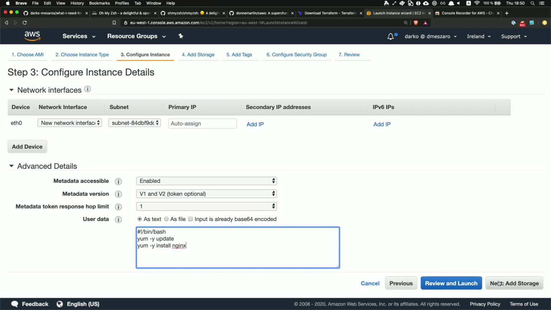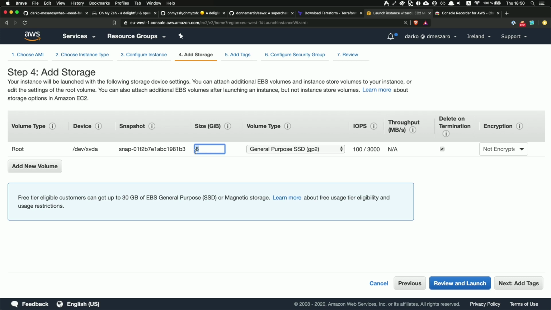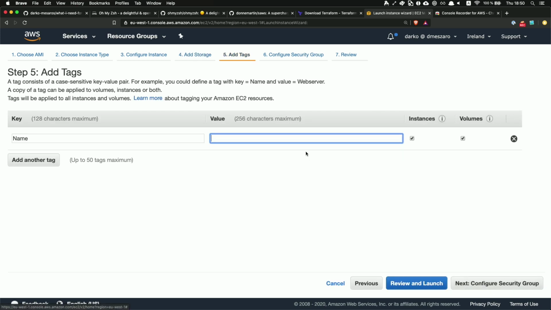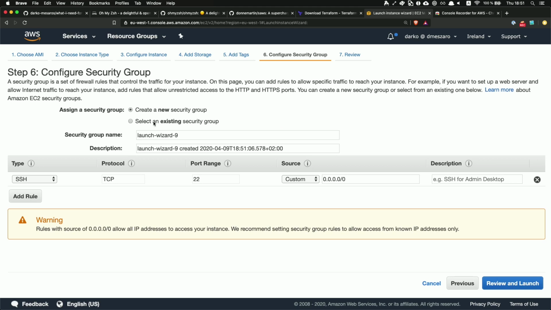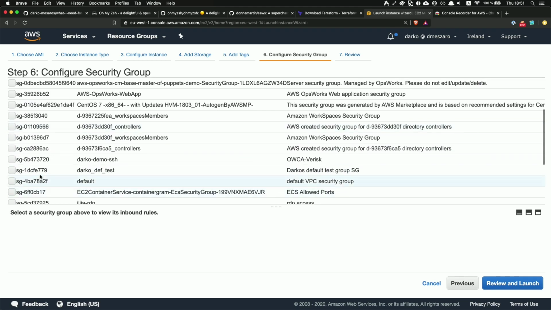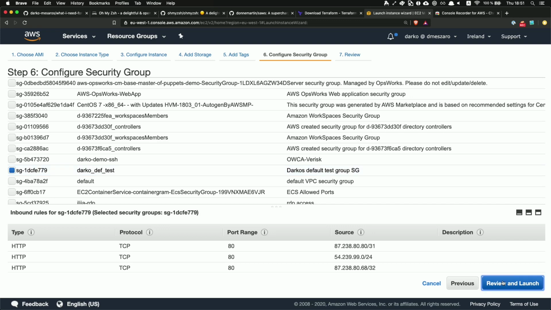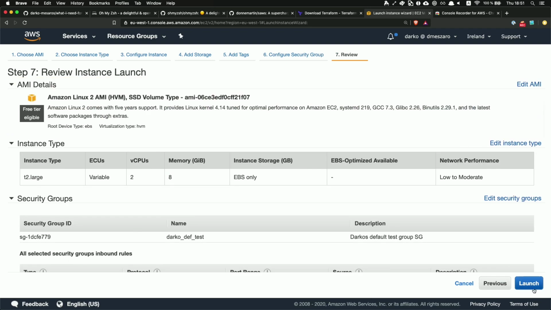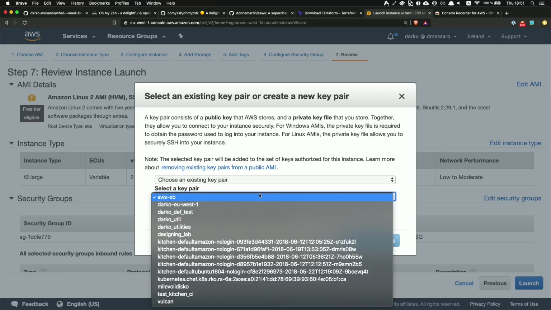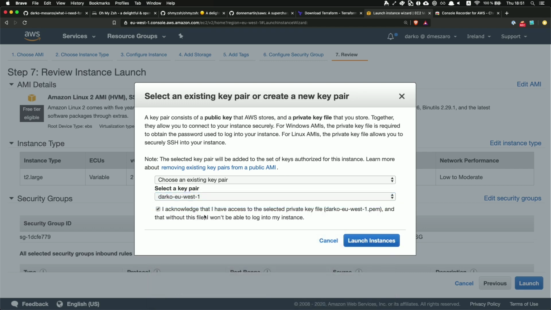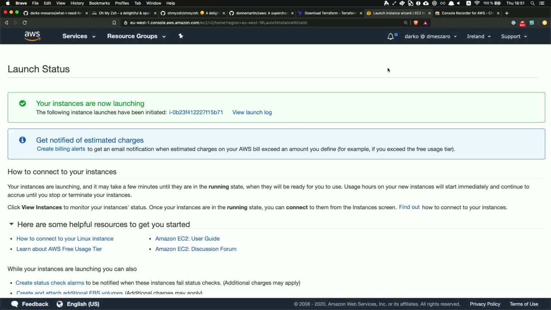Awesome. Add storage. I will change this to 20 gigs. Add some tags. I'll add a name tag. Call it hello console recorder. And security group, I'm actually going to select one existing security group. There's one here, that's fine. Review and launch. I'll make sure to select the key pair that I have, like that, and launch instances. Now,